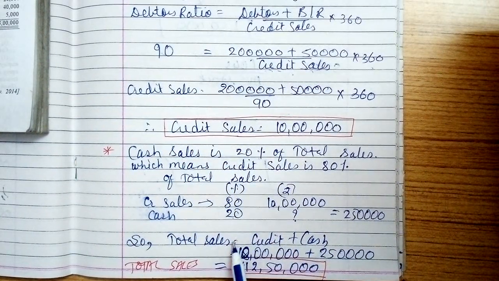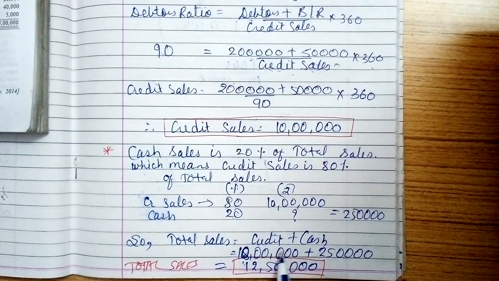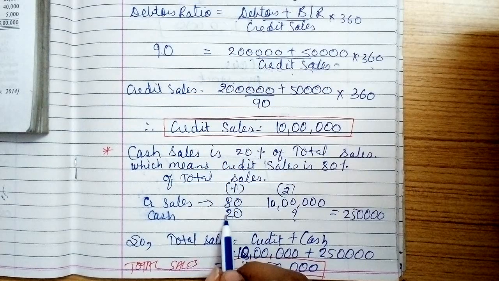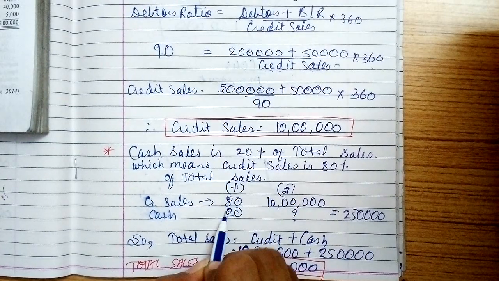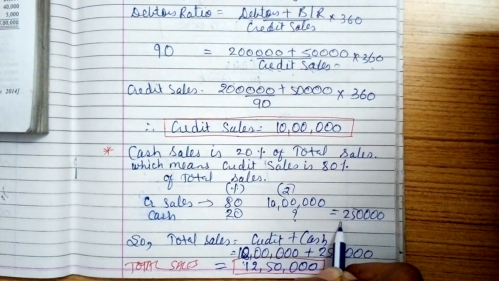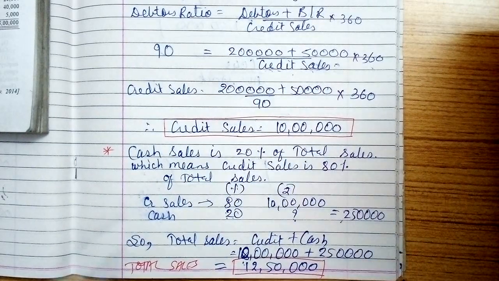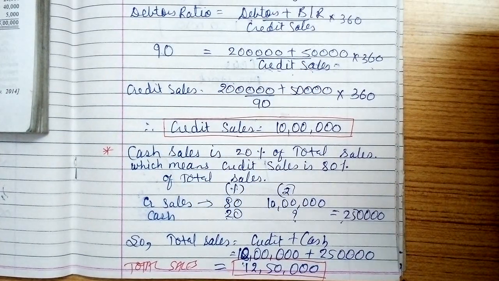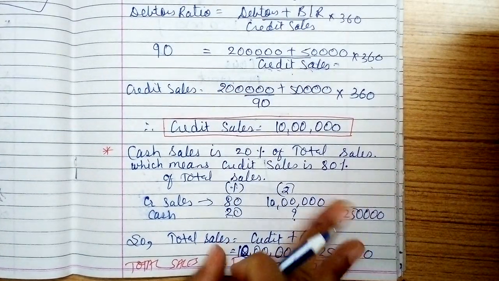How will we get total sales? Cash plus credit. So total sales will be 12,50,000. Here, if you take the total as 100 instead of 20, you will get total sales right there, right? So firstly, from the debtors ratio we have calculated credit sales. By using additional information number 1, we found out total sales, and now on this basis we can calculate